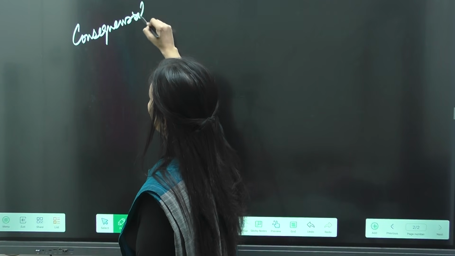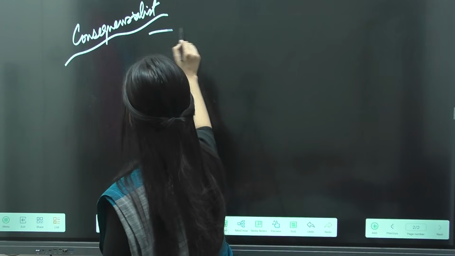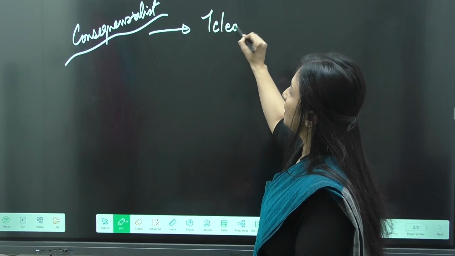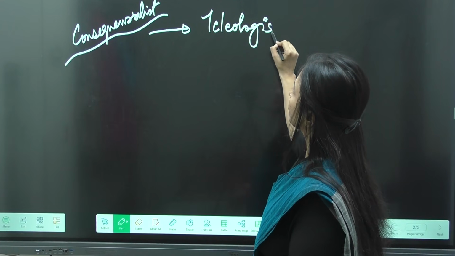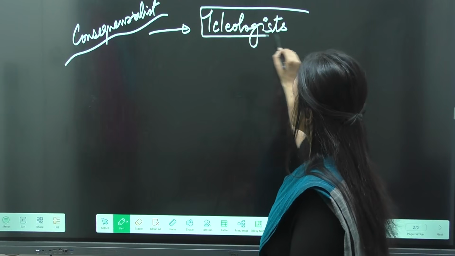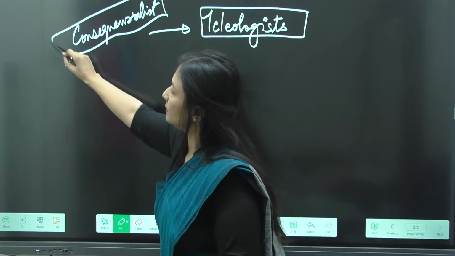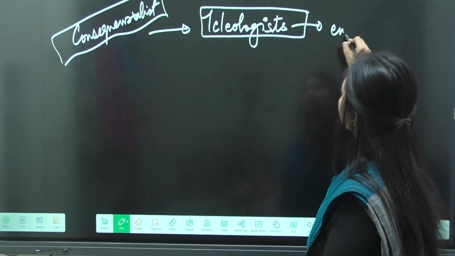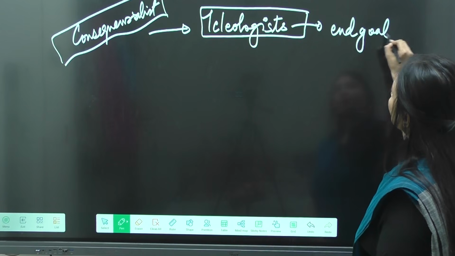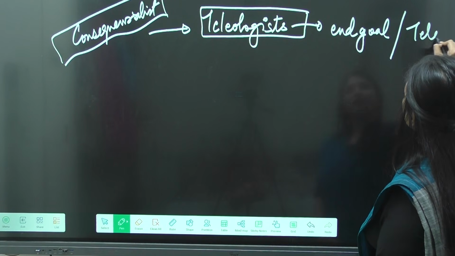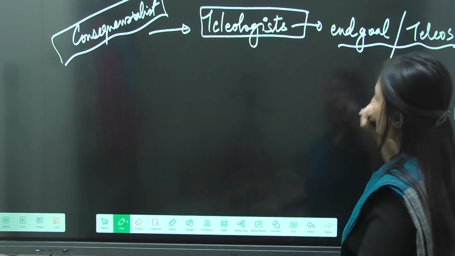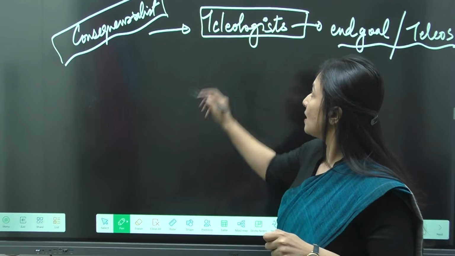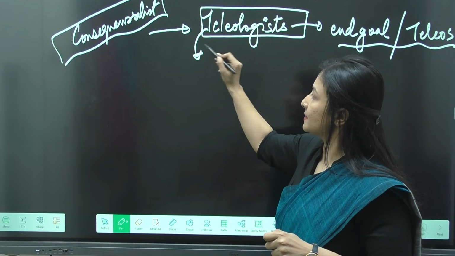Consequentialist over here can be seen as two. One over here is your teleologists. Teleologists over here, they talk about the end goal, or what is the teleos, the end purpose of any objective which is done. Is it clear? So in teleological ethicist, here will be